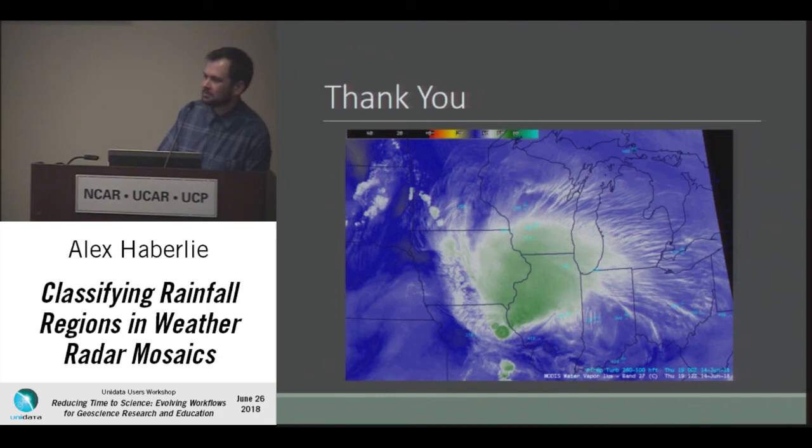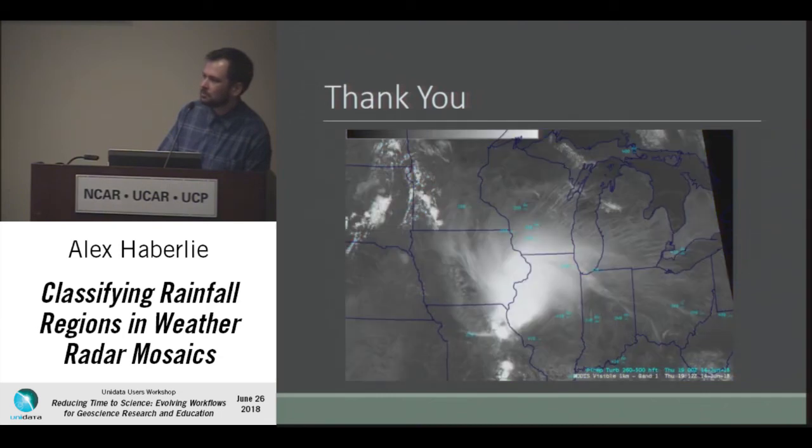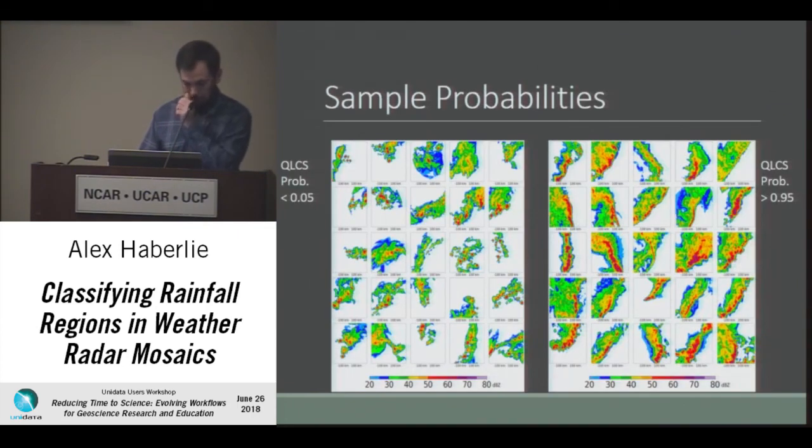Do you think you can use the machine learning model on a forecast data set? One of the big problems is trying to objectively identify, say, an MCS in a forecast. Great question, right? Yeah, and there are a lot of benefits that could come from that if you can do that. Not only could you create forecast guidance that tells you what the forecast convective mode is, but you could